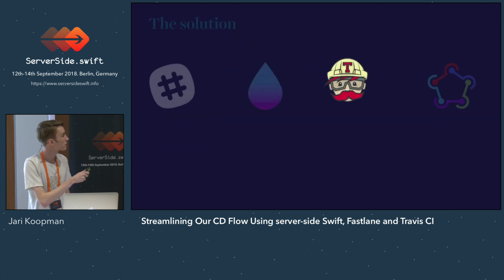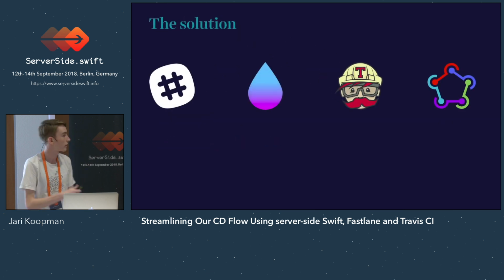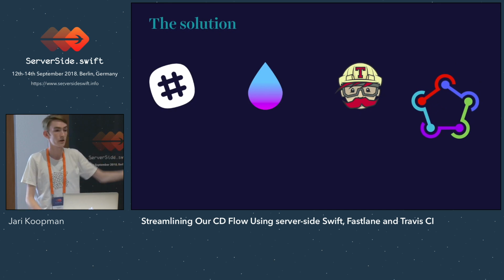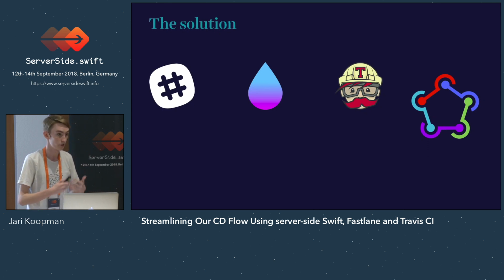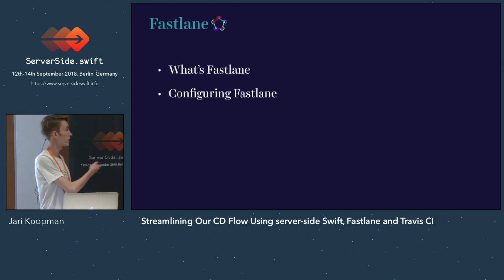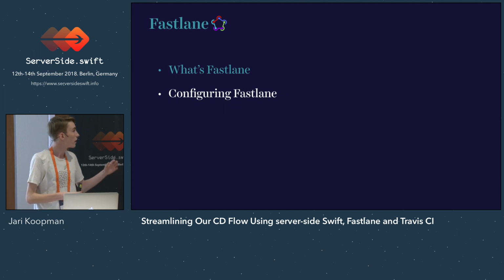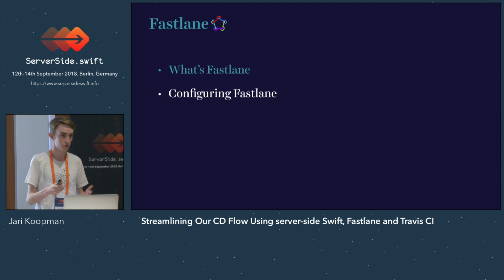So let's finally take a look at Fastlane, which is basically the most important part here. It's the part that actually does the heavy lifting. The first three parts are just gluing things together, whereas Fastlane is the actual thing that does our things. So first off, what is Fastlane? Like I just said, it's a Ruby gem. It's really cool. It allows you to pretty much automate your entire iOS process except for coding your application, which